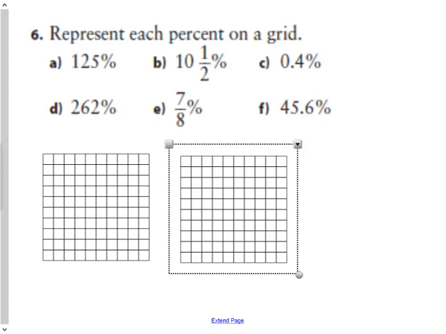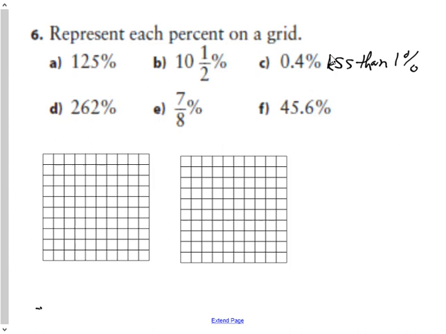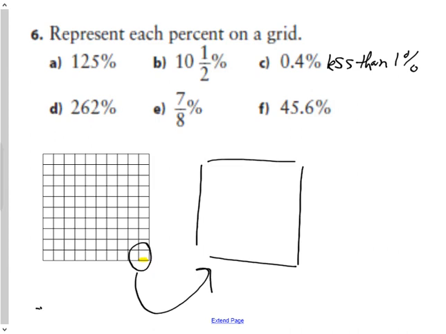Our next one, 0.4%. Now remember, if I write this out, it's less than 1%. So when I shade it in, I have to take my highlighter, and I'm going to shade in less than a full square there. And if I magnify that square, I want to shade in